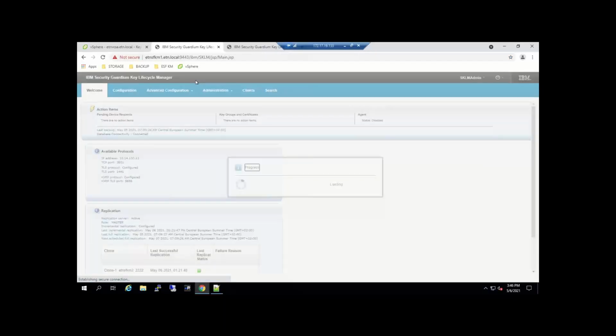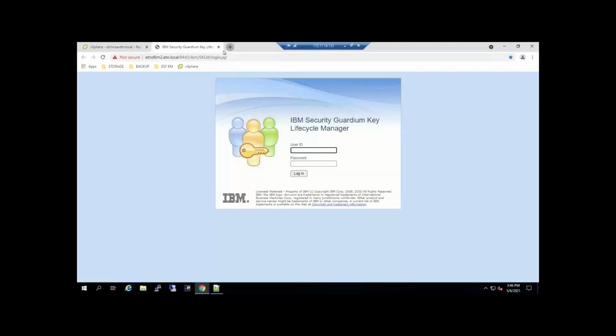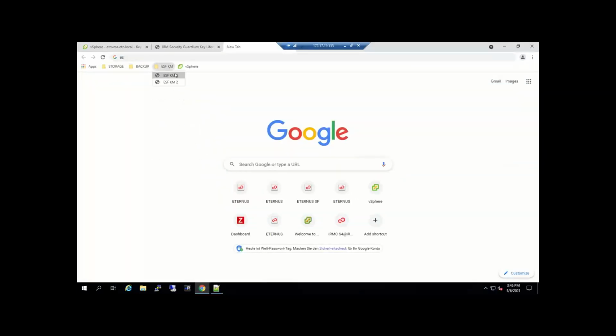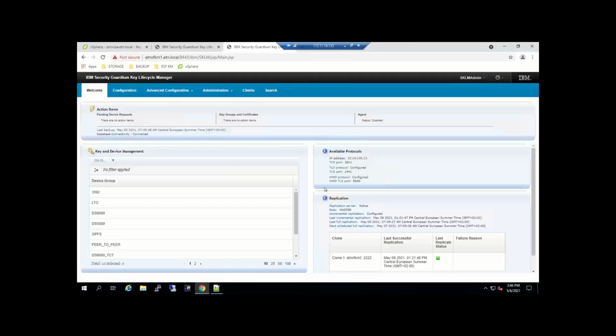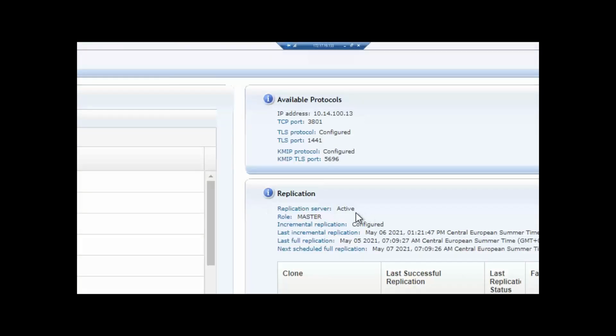I'm now logging into the master server, the primary server, which can also be confirmed up here: replication server active role master.